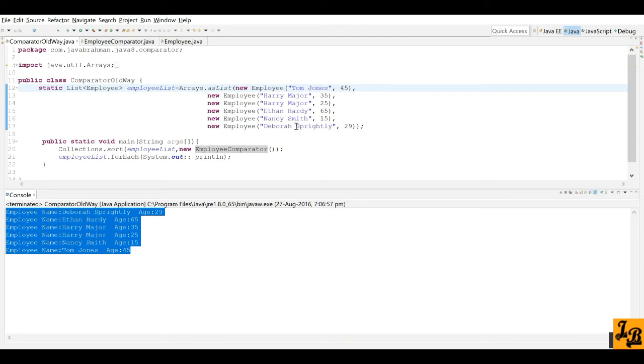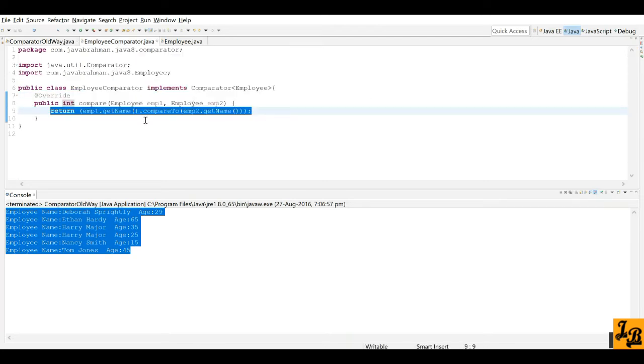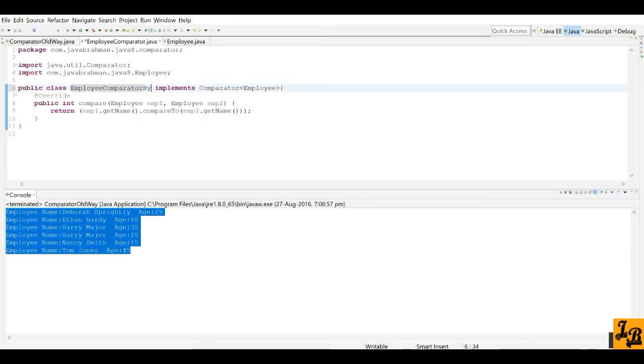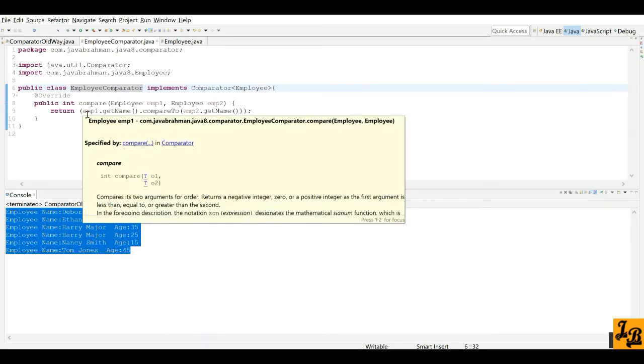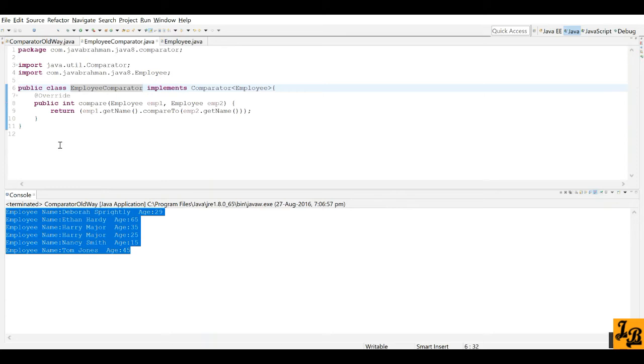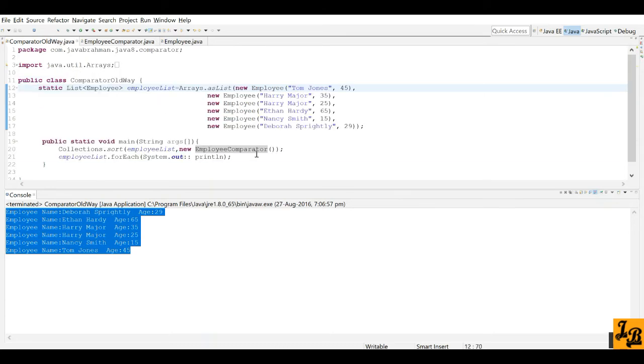In case we wanted to sort by age, you can probably guess by now that you have to implement a new employee comparator by age, and you can name it by age, and this one you can name it by name like this. Then in that you will compare employee 1 age to employee 2 age, and that employee comparator by age can be passed here instead of the new employee comparator